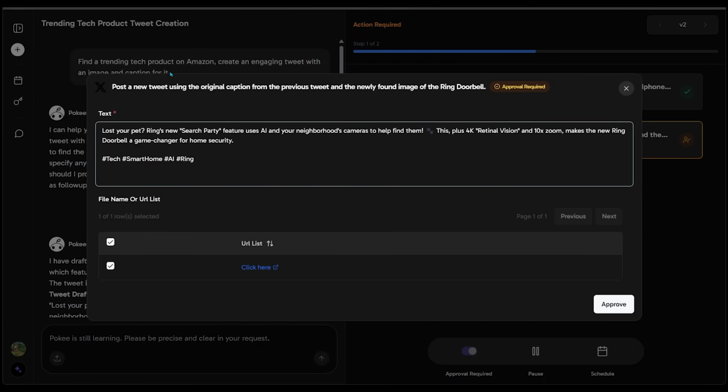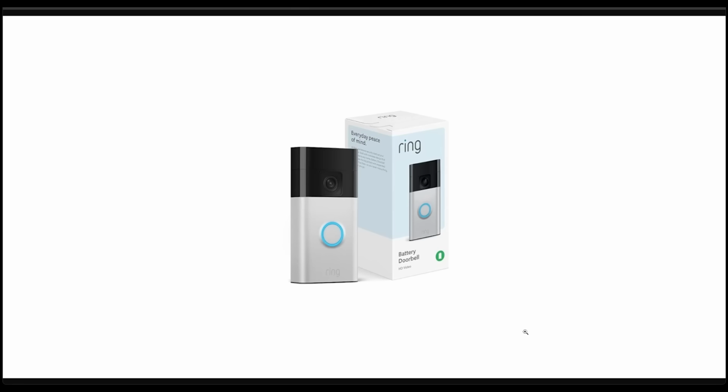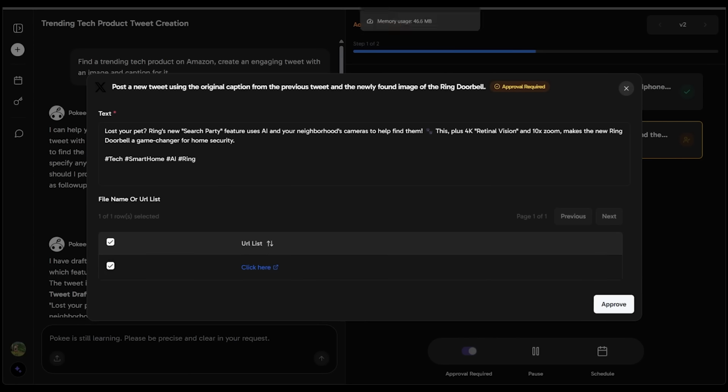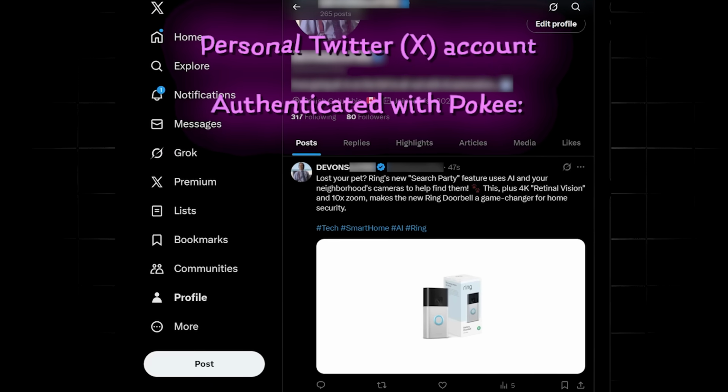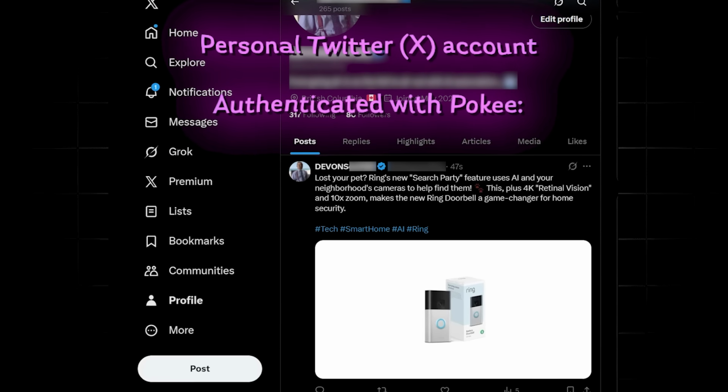And this tweet just talks about Ring's new search party feature that uses AI and your neighborhood's camera to help find lost pets. And then a few additional features as well with a couple of hashtags. And we can even see the image in question by clicking right here. Here is the Ring doorbell product. Let's go ahead and close this. Let's go ahead and approve this. And if I come on over here, I can see the post in real time that has been posted about